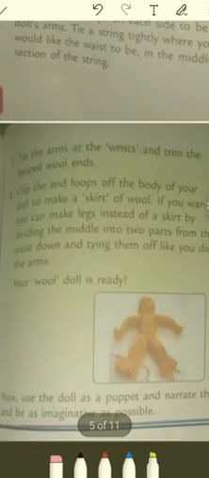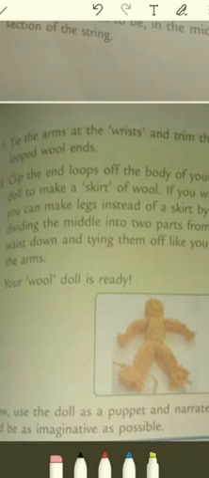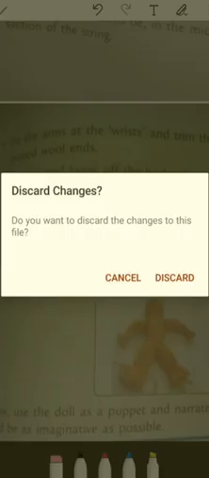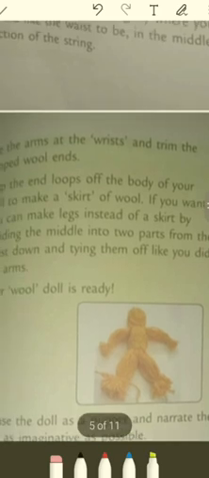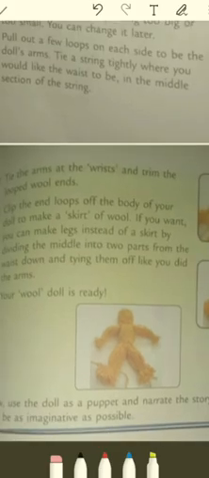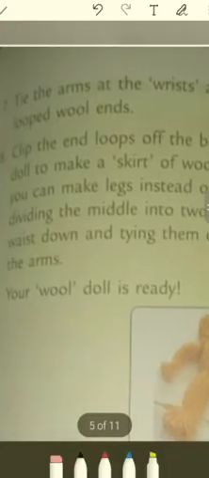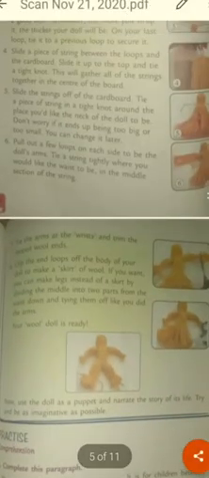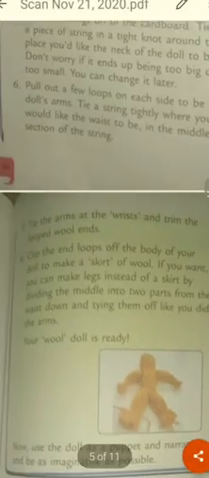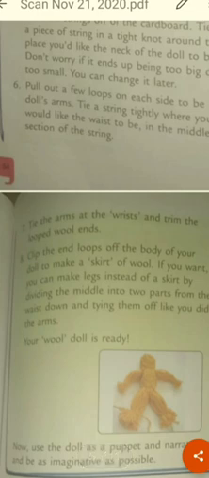Number 7 says tie the arms at the wrists. Then you have to tie the arms at the wrist in order to differentiate arms and wrist, and trim the looped wool ends. As I was mentioning, you have to tie the arms at the wrist and trim the